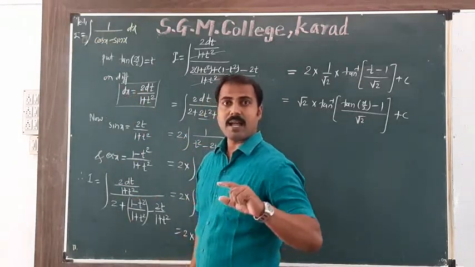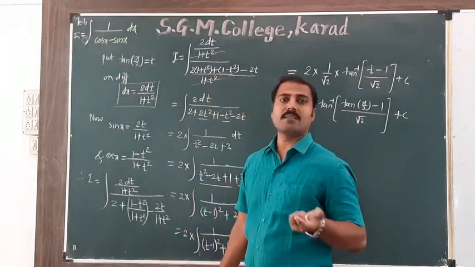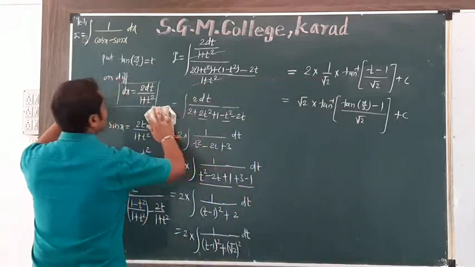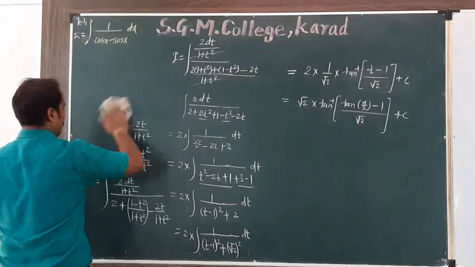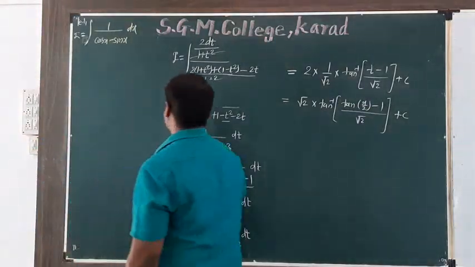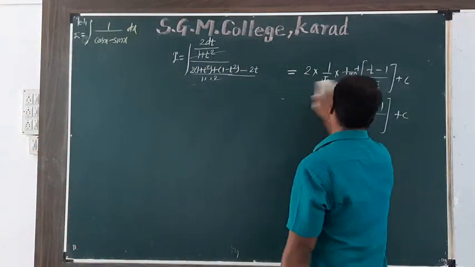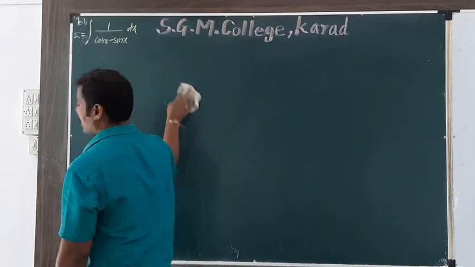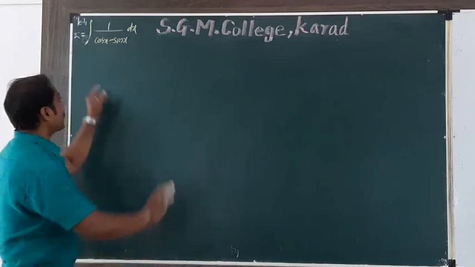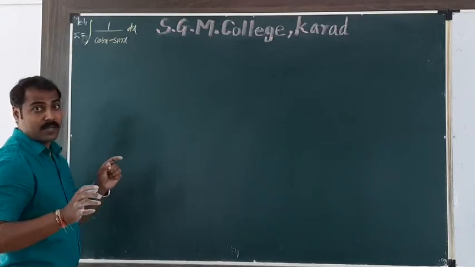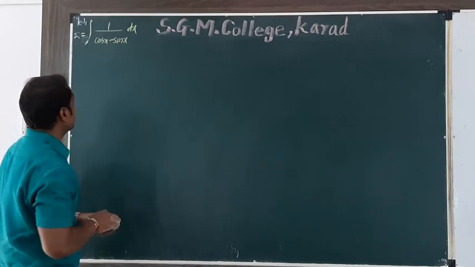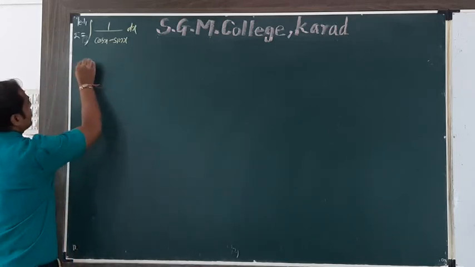But I have explained here another method to solve the example. Try the tan x by 2 method at home. Okay, I solve this example by an alternative method. So look here. This method can be used when there are only terms of sin and cos.